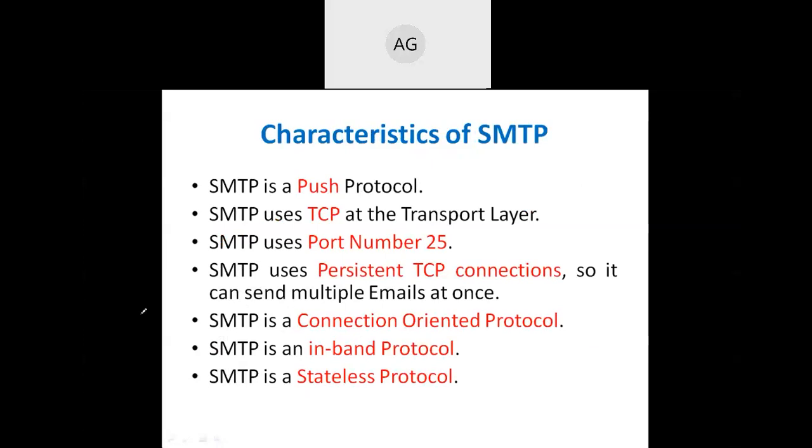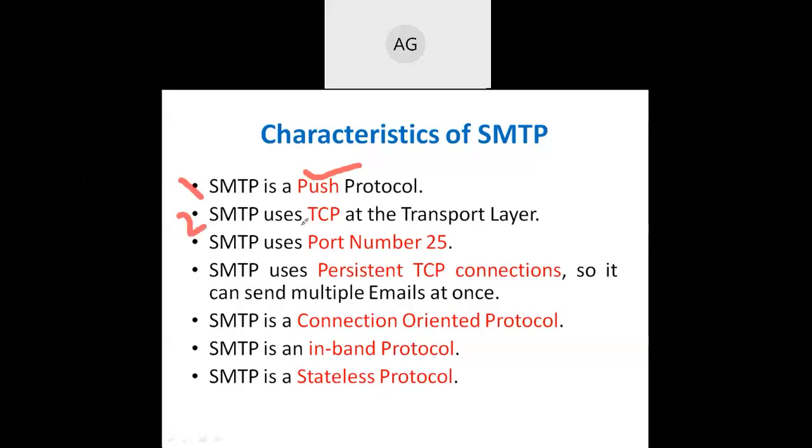Now there are certain characteristics of SMTP. So first one is SMTP is a push protocol. So we already discussed when we studied the computer architecture in the last session, that there are two types of functions used in the stack. One is the push and the other is the pop. So basically SMTP is a push protocol. It means we are inserting the email through the SMTP protocol, and not deleting it. We are just inserting it. That's why it is called the push protocol.